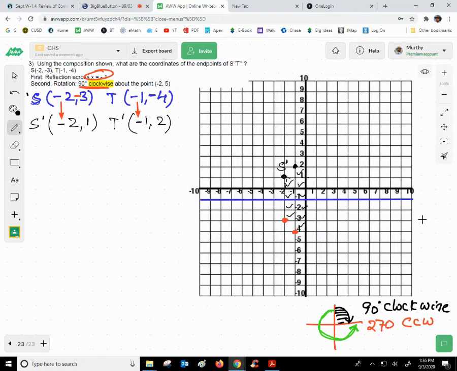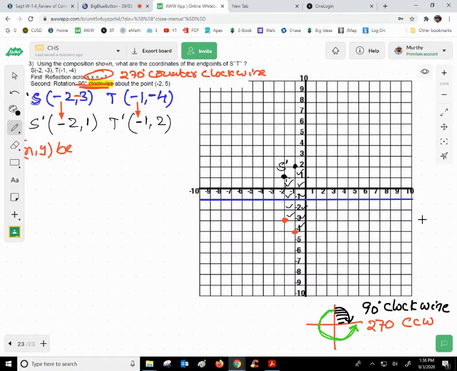So when 90 degrees clockwise is given, I am striking this one and rewriting it as 270 degrees counterclockwise. If it is not mentioned in the question whether it is clockwise or counterclockwise, by default we consider it as counterclockwise all the time. So if it is 270 degrees counterclockwise, I remember that xy